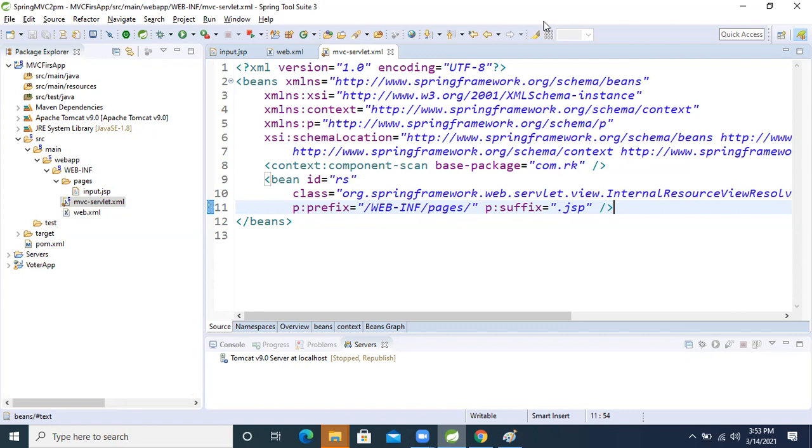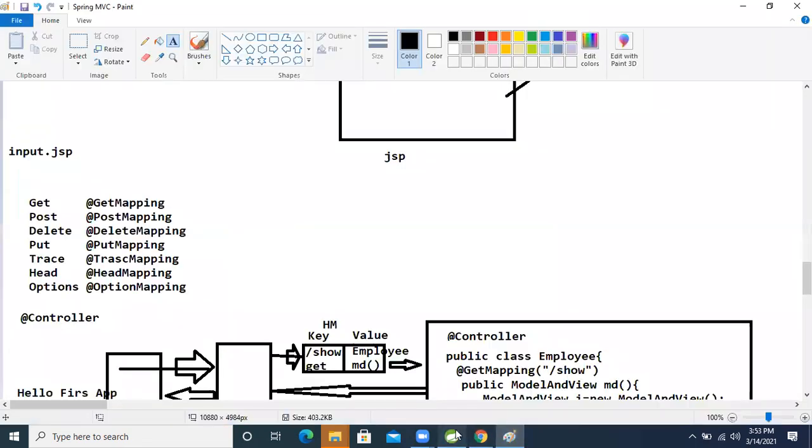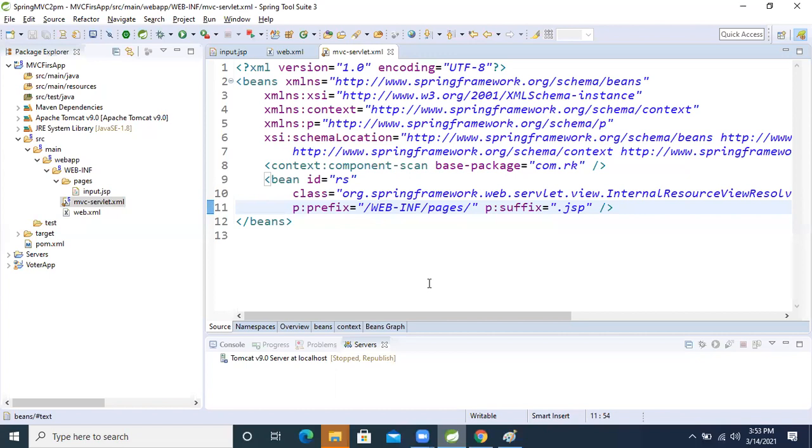Okay? So every time study core Java and servlet. Yesterday I explained servlet, and even in this much easiest way I'm explaining Spring MVC to you people. I know for those who are listening the first time, this is a little bit tough. I can understand, but do one practical. After that you people will think, okay, this is the easiest way.